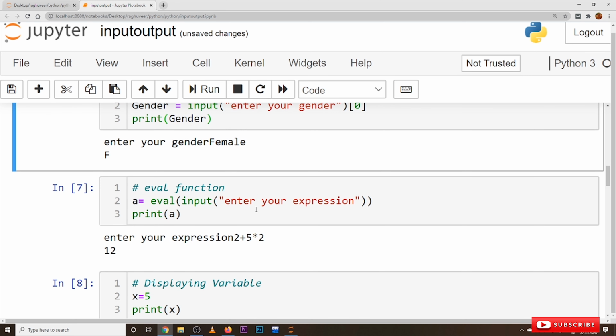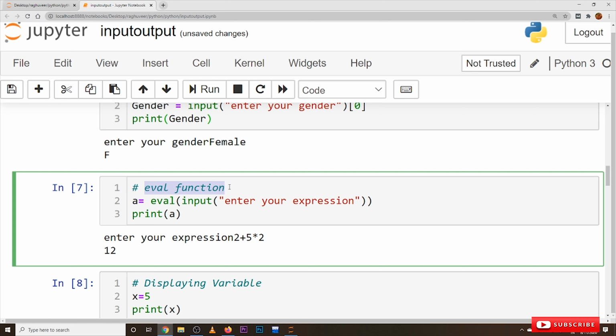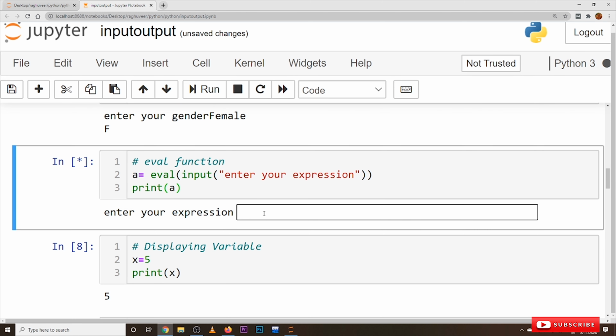Next is the eval function. What's the eval function? You can take expressions, and the eval function will calculate them. Let's execute this and understand. We give the expression 2 plus 5 multiplied by 2, and it is evaluated using the eval function.